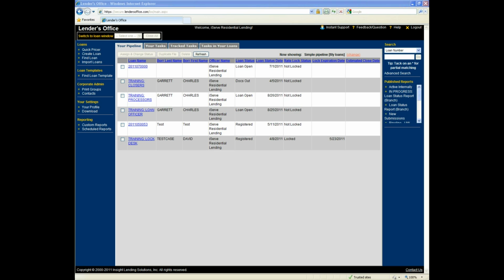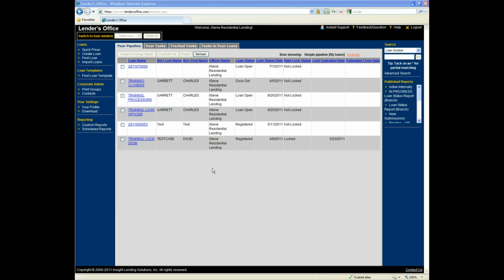Okay, so what we're going to focus on today is that part, being able to review the 1003 information, update the information on the file, take a look at verification, some of the forms and disclosures, the GFE and the TIL, things like that, and we'll see how we can also move this forward over to the setup folks, and then just take a look at how you can review the conditions on the file and even